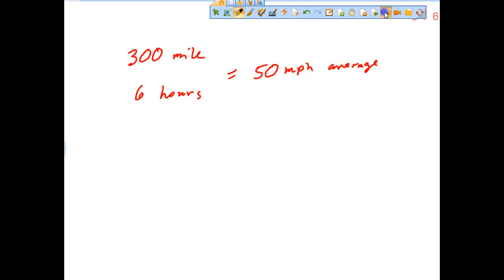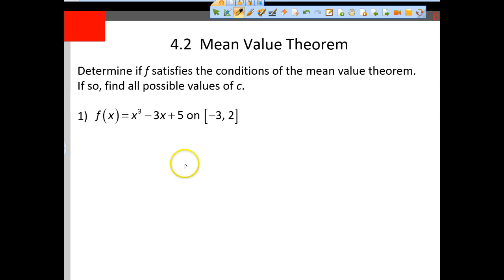Let's move along to slide number 10. Slide number 10 says, determine if f satisfies the conditions of the mean value theorem. If so, find all possible values of c. So what does it mean to satisfy the conditions of the mean value theorem? Well, the conditions are continuous on the closed interval a to b and differentiable on the open interval a to